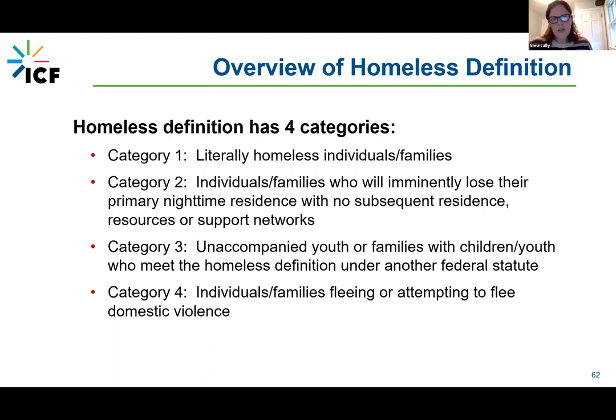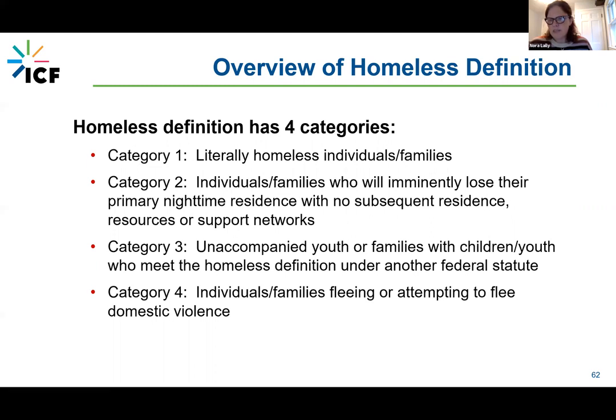And then the last category of the homeless definition is category 4, individuals who are fleeing or attempting to flee domestic violence. And this is really not limited specifically. It is meant to be allowable broadly to include individuals fleeing other dangerous, life-threatening conditions related to violence against a family member, an individual, or a child, either that has taken place in the primary nighttime residence or that makes the individual or family afraid to return to that residence.